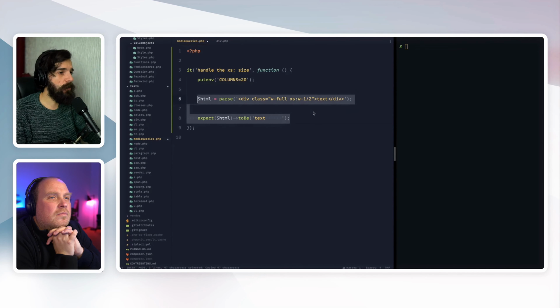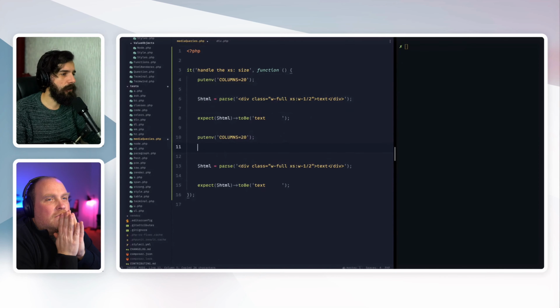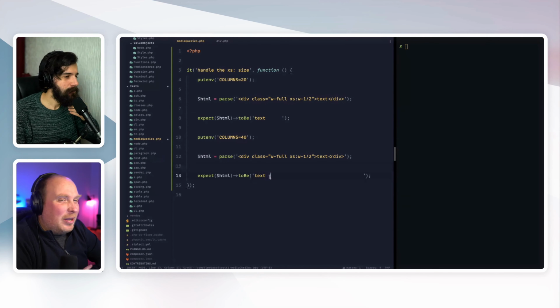Maybe we can add another size here. We will probably refactor that. So if we have another size, 40, okay, that's a bit tough. Let me count: 1, 2, 3, 4, 5, 6, 7, 8, 9, 10, then 30, 40. What you could also do, you don't have to do it now,